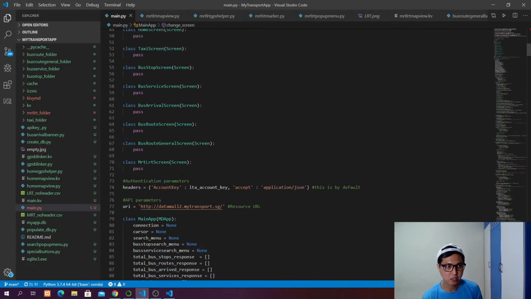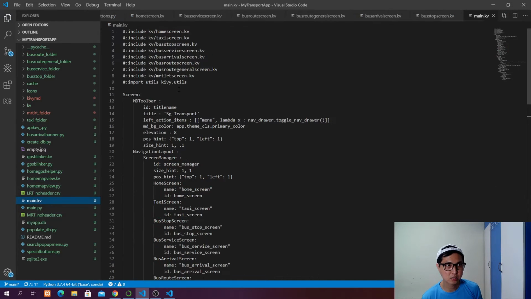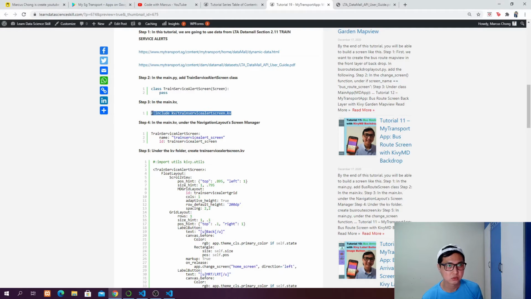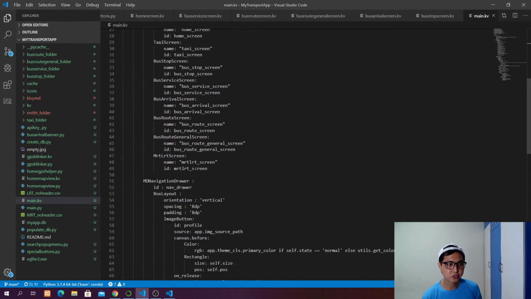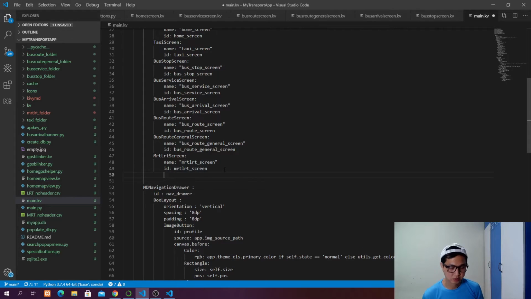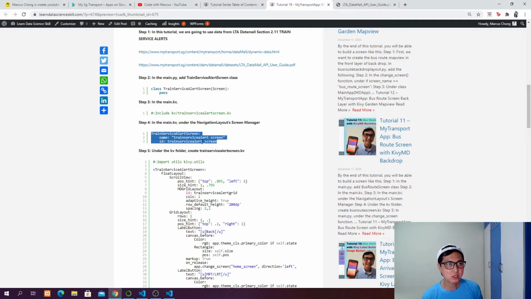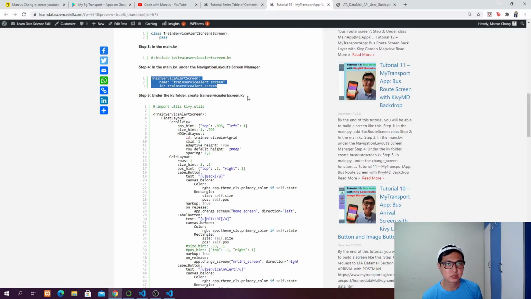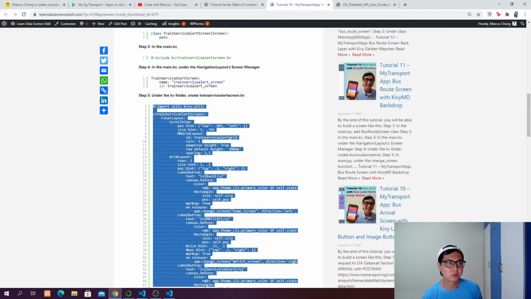we want to have a new class, and then in our main.kv, we always want to include the kv file that we are going to create in the kv folder. So let's copy this, and then under the screen manager, we also want to have our train service alert screen. Okay, next we want to create a train service alert screen.kv in the kv folder, and then inside it, let's copy this